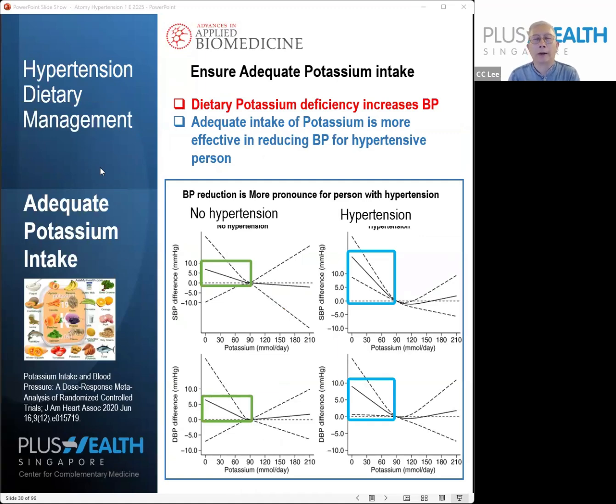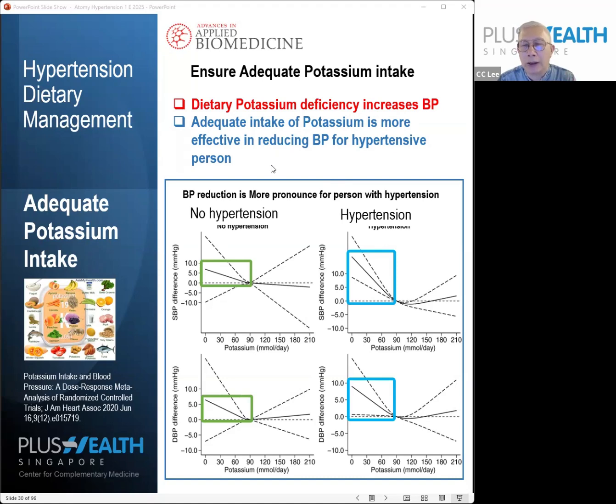sodium. But we also need to talk about another mineral, which is called potassium. Potassium is a mineral compound that is present in a lot of what we call healthy vegetables and fruits. You can see from here, it's a very common one. Most of the vegetables and fruits that we consider healthy contain a very high amount of potassium itself. Now, important, you look at this chart, very important for us to understand here. First of all,